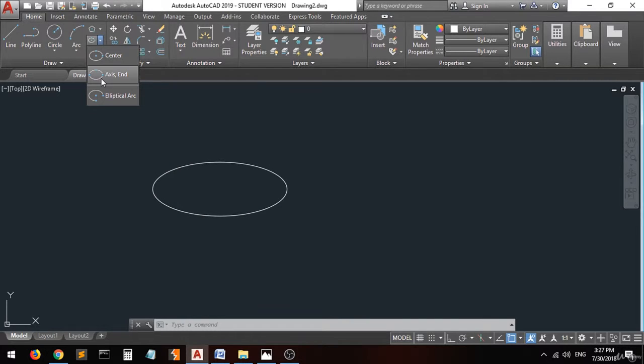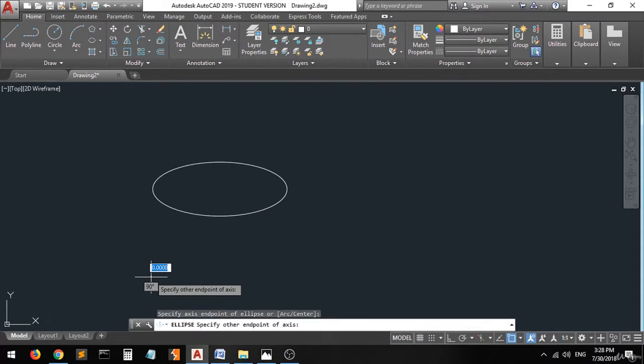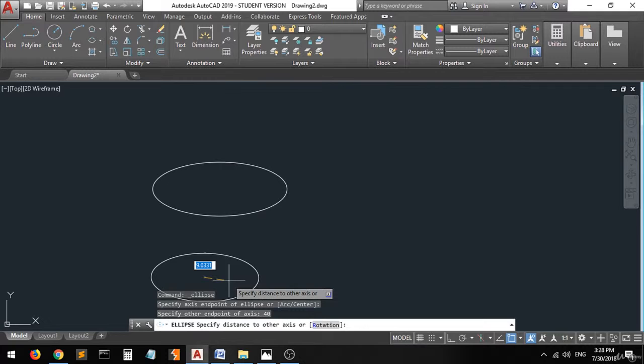Let's go to the other one, the axis end. So when you choose this command, they tell you to specify the axis end point of ellipse. So you go to the end point, then they tell you to specify the other end point of axis. So let's set it for like 40, enter, and now let's set it for like 8,